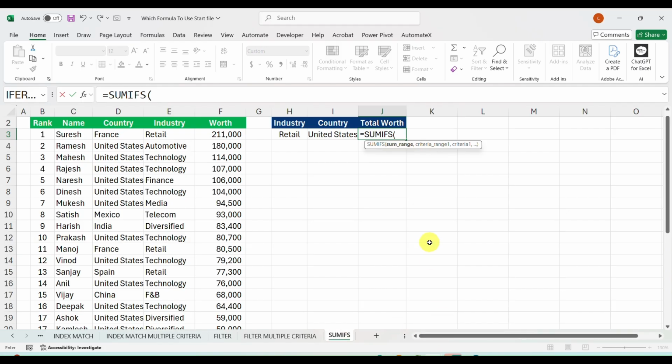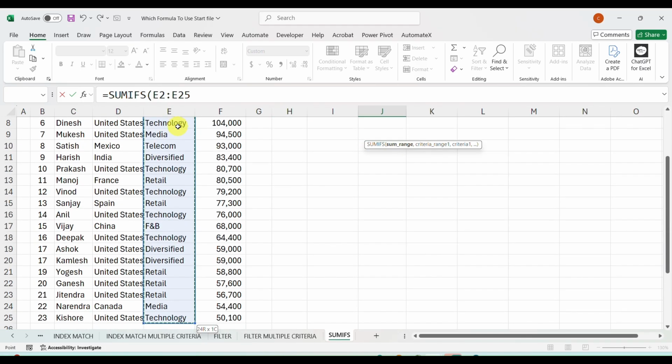What sum range, and my dear friend, this is gonna be a very simple formula. One of the simplest, you will say wow. So see, it is asking for the sum range. Sum range, firstly we'll have to select for the retail. So this industry is the range, complete range, getting my point? And one more thing I gonna show you, the criteria 1, if we'll put comma, you see criteria 2, 3, 4, 5, 6, it will keep adding on, keep on adding. So that's the thing. So sum range for the industry, I gonna select this.